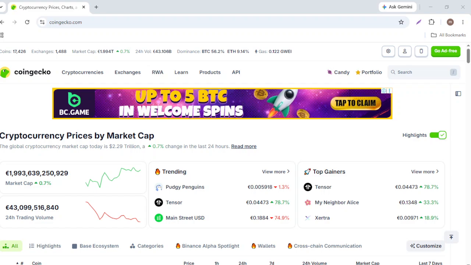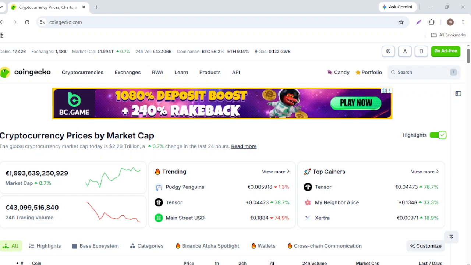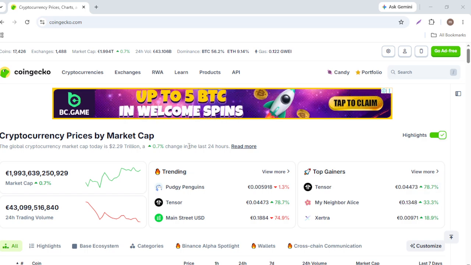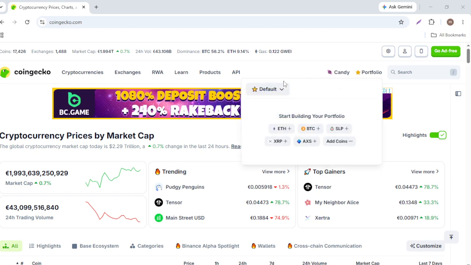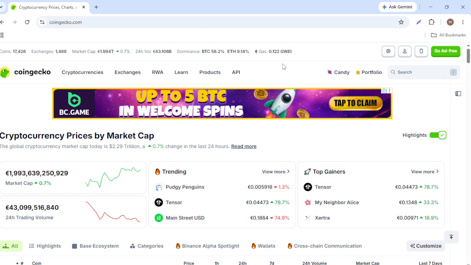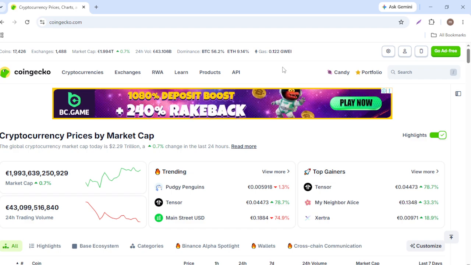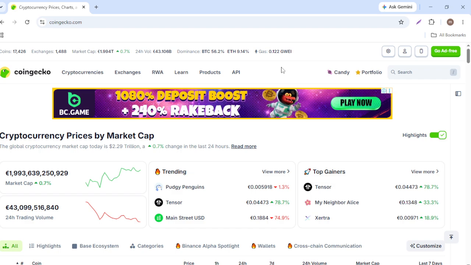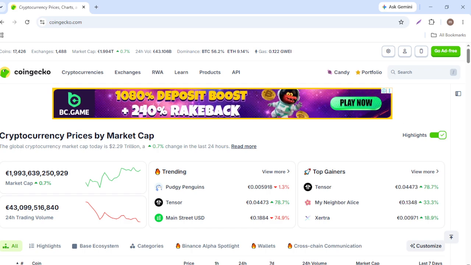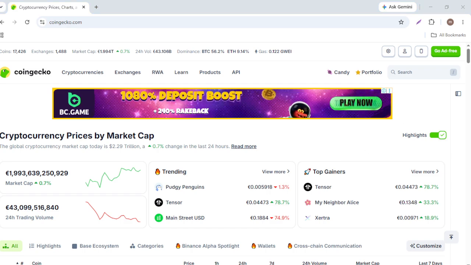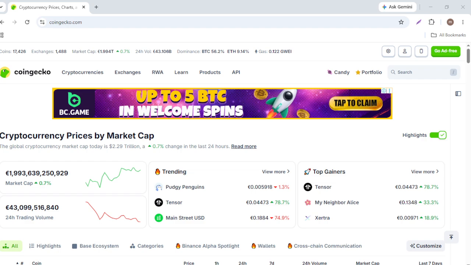In today's video, I will walk you through how to customize your CoinGecko portfolio. CoinGecko's portfolio feature is one of the most underrated tools in the space. Instead of one giant cluttered list, you can create multiple thematic portfolios. Think AI narratives, Layer 1 plays, or DEX audits. This organization allows you to track market sectors at a glance and react to momentum shifts before the rest of